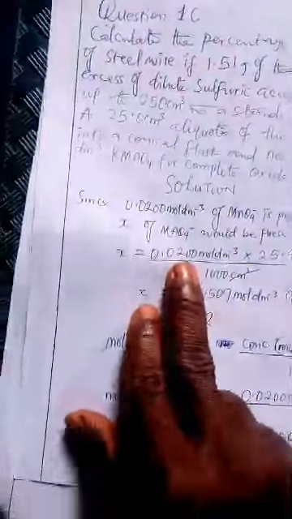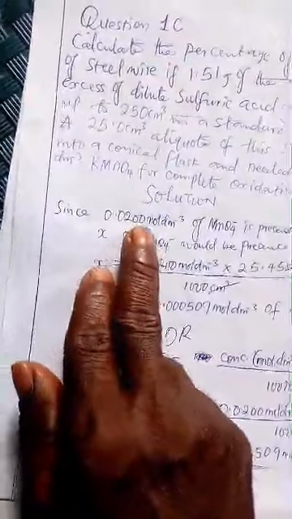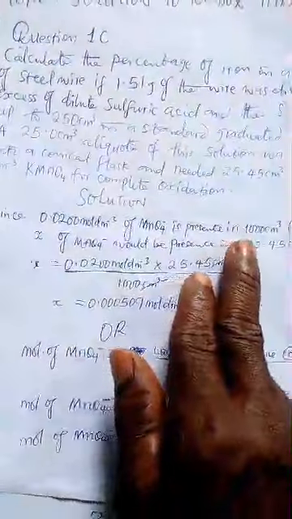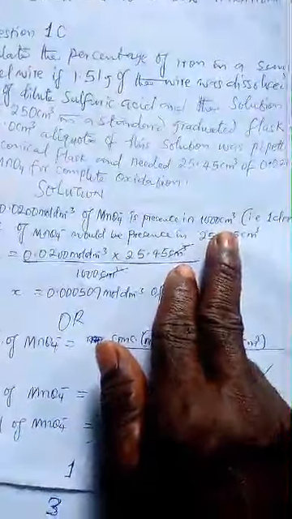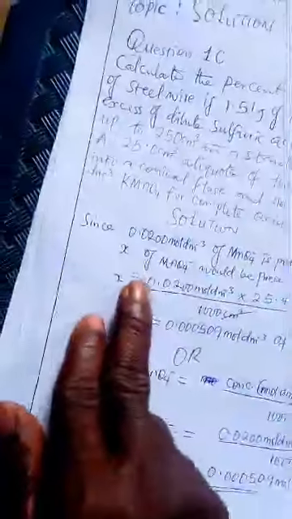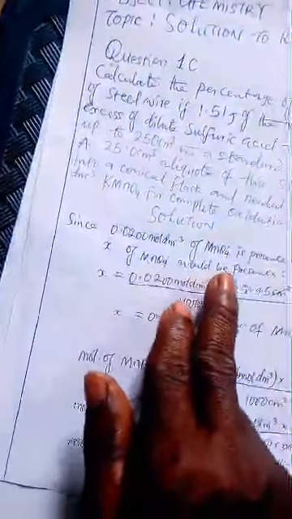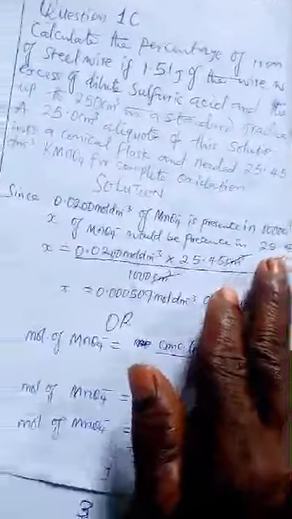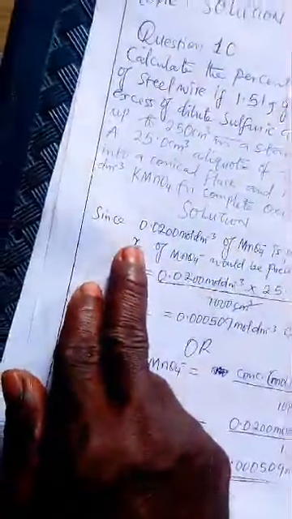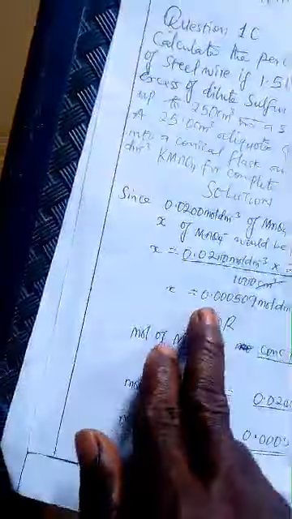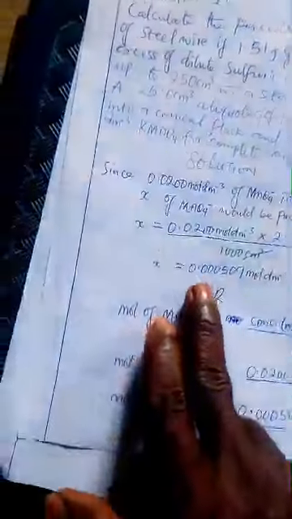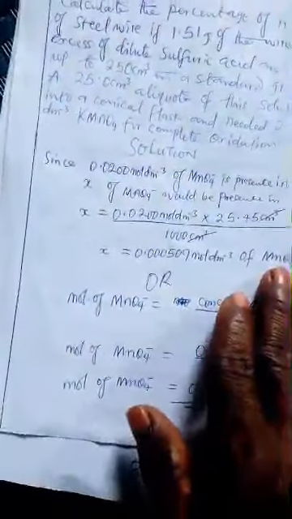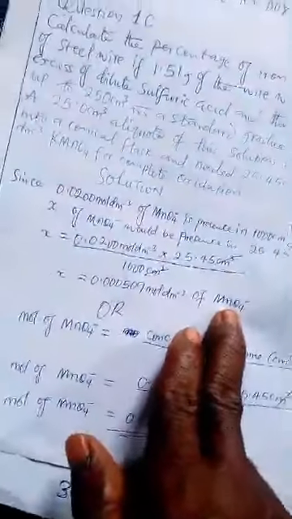Okay, so 0.0200 mole per dm3 of potassium permanganate is present in 1000 cm3, that is 1 dm3. Then x mole of potassium permanganate will be present in 25.45 cm3. If you make x the subject of the formula, we get this. We now have 0.000509 mole per dm3 of potassium permanganate that is present in